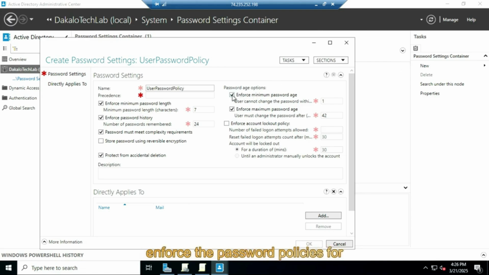And I'm going to enforce the password policies for stricter requirements. I'm going to enforce the minimum password length to 10 characters and enforce the password history. The number of passwords remembered should be 5, and I'm going to check password must meet complexity requirements, and I'm going to check protect from accidental deletion, and I'm going to enforce the minimum password age, and check the maximum password age, and I won't be enforcing the account lockout policy, and I'm going to click on Add at the bottom,